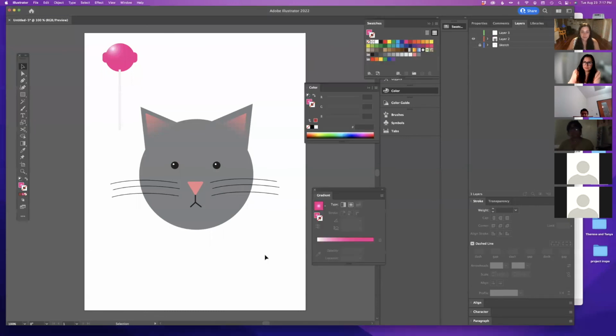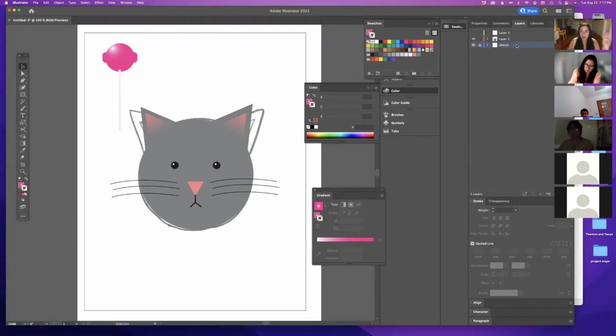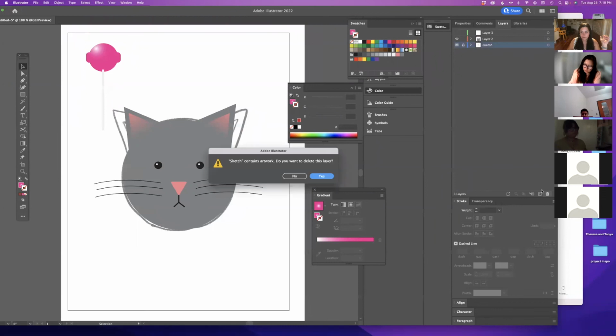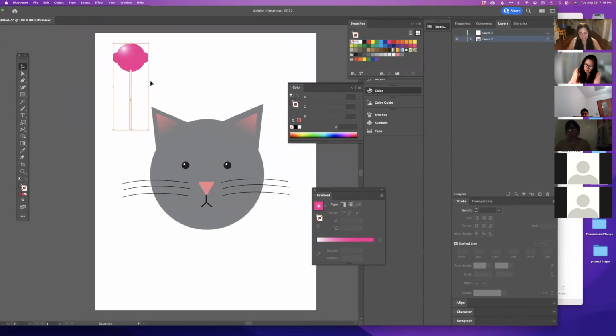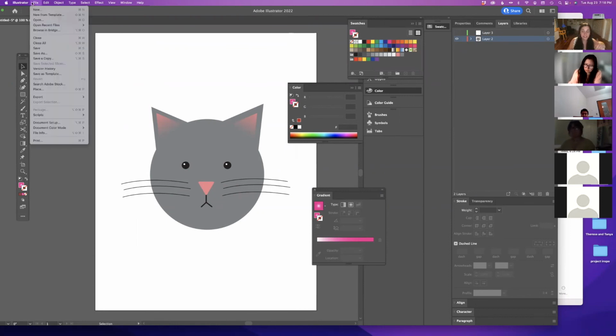To turn this into a PDF, I'm just going to delete my sketch layer because I do not need it. So I'm just going to delete that layer. I'm going to delete this. I just have my cute little cat face centered on this document, and I go to File. Now, saving a PDF is different between InDesign and Illustrator, and you'll see that in a couple weeks. But for this, you go File, Save As,